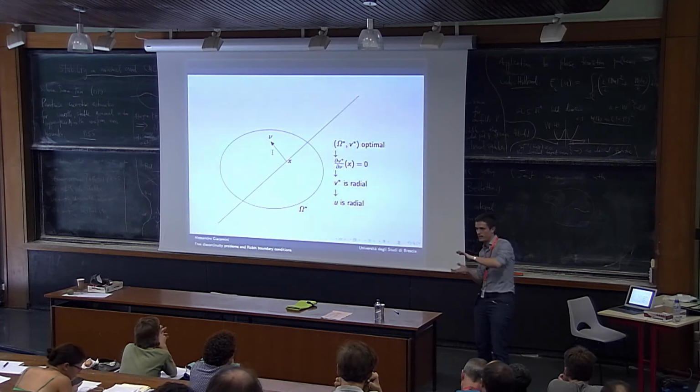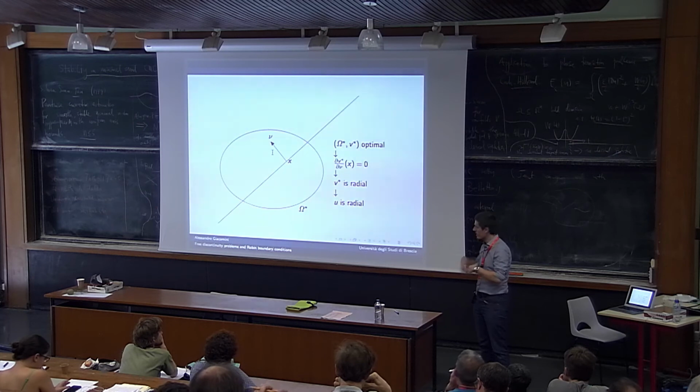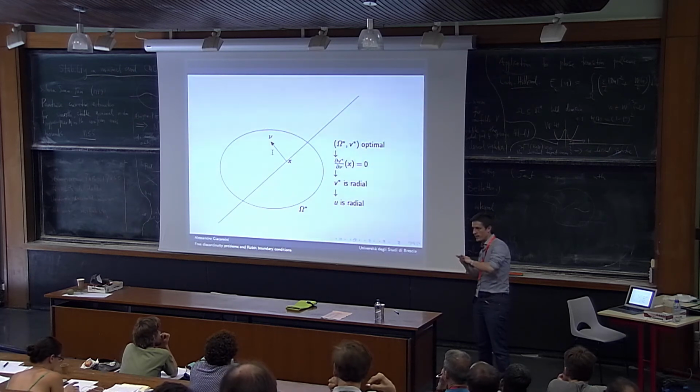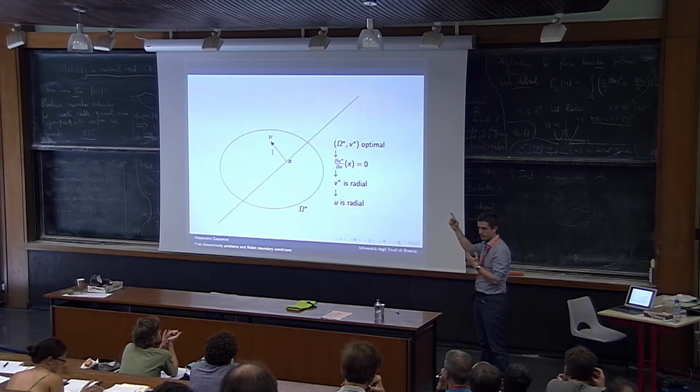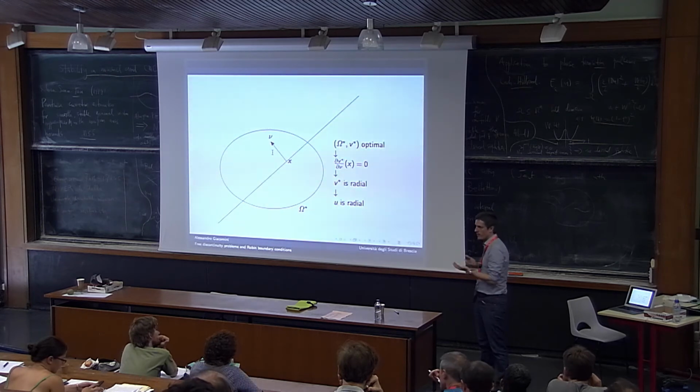So again, we can perform the symmetrization. One of the two new domains that we obtain is again optimal. The associated eigenfunction is the reflection of V star of one of the two pieces. So this reflection should be smooth. And since it is smooth, the derivative with respect to the direction u should be 0